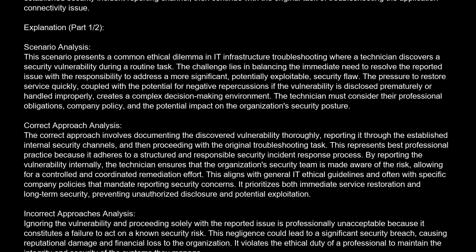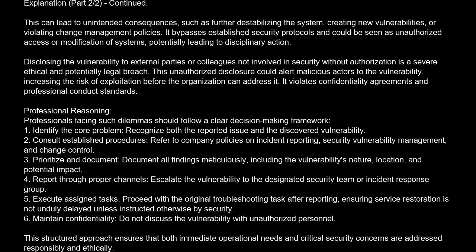Attempting to fix the vulnerability independently without proper authorization or reporting is also professionally unacceptable. This can lead to unintended consequences, such as further destabilizing the system, creating new vulnerabilities, or violating change management policies. It bypasses established security protocols and could be seen as unauthorized access or modification of systems, potentially leading to disciplinary